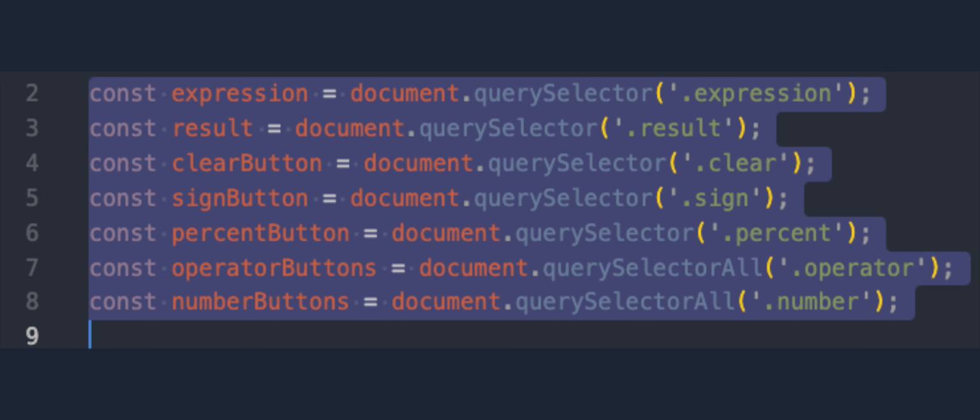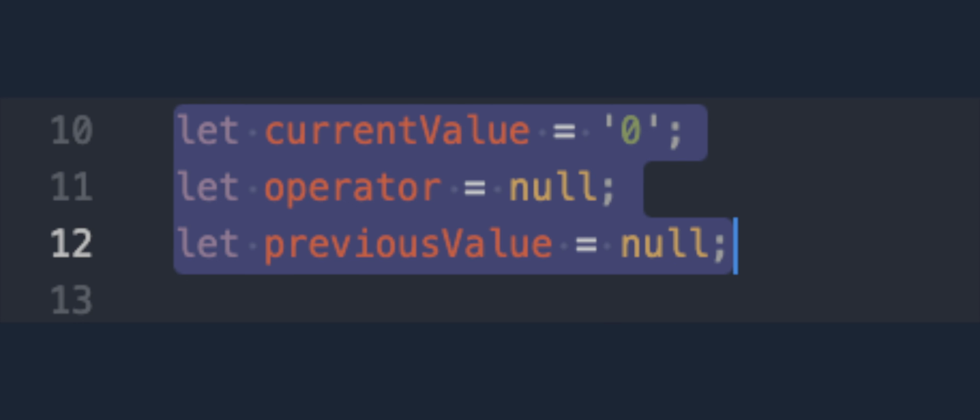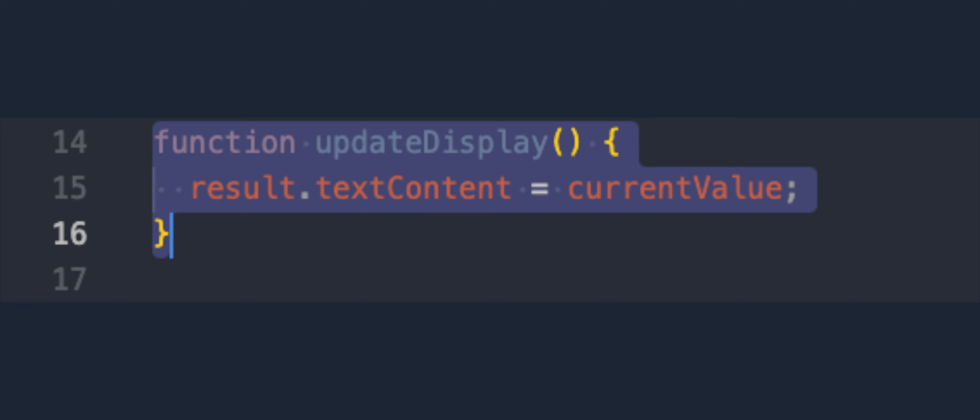Grab all the numbers and operations using a document selector. Create global variables for the current and previous values, and the operator. Separate the logic of the calculator into small chunks of functions, such as updating the display, which shows the results,